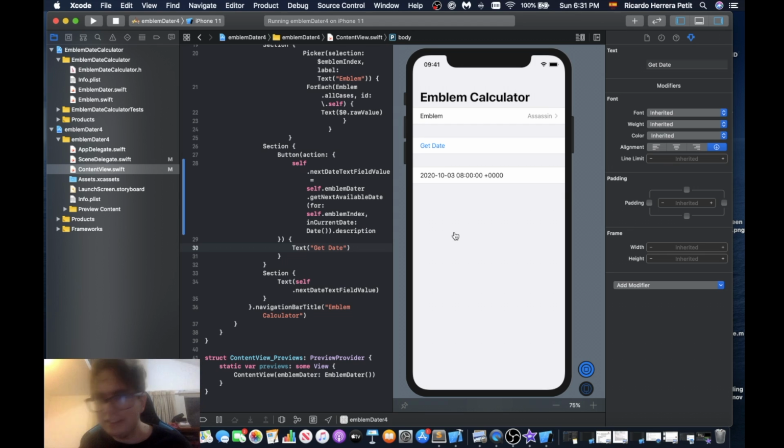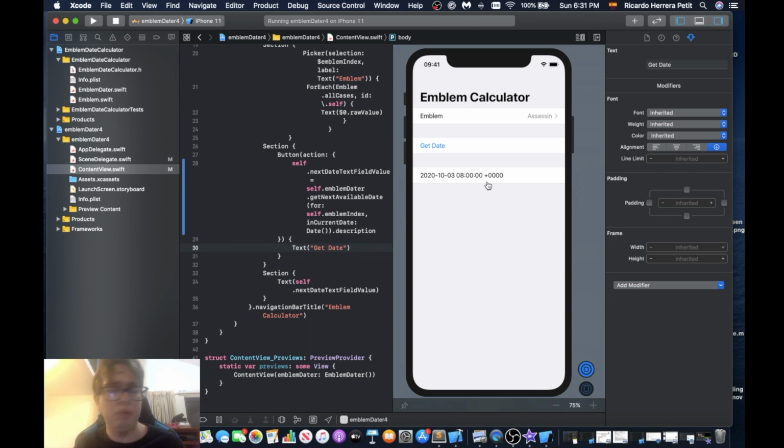Now, what do you see that's something wrong? This is in UTC format. So this is the correct date, but it is in UTC format. And also 2020-10-003 is not how we had it in the introduction example. So we need something else to make this work and be friendly to the user and not display all these messages like this. That will require a little bit of coding on the other part,